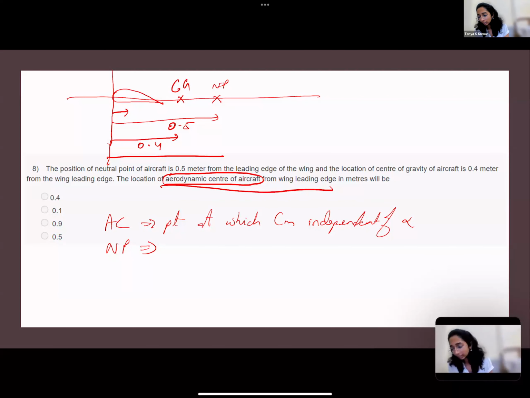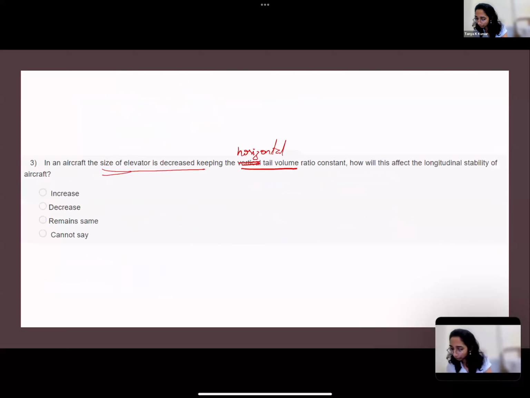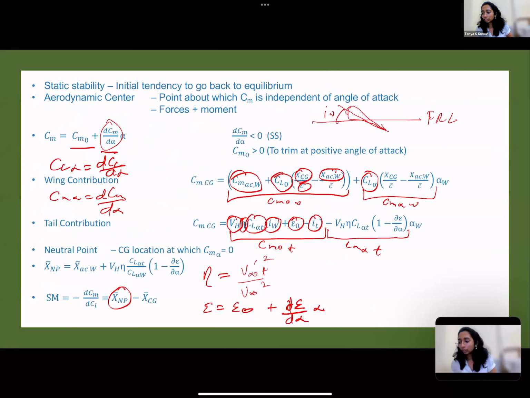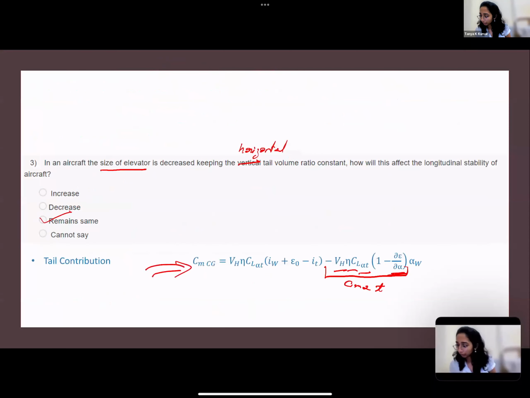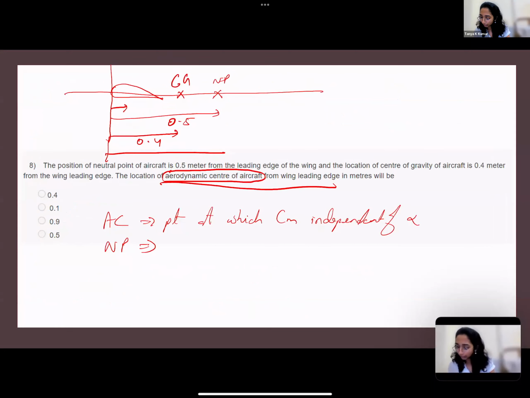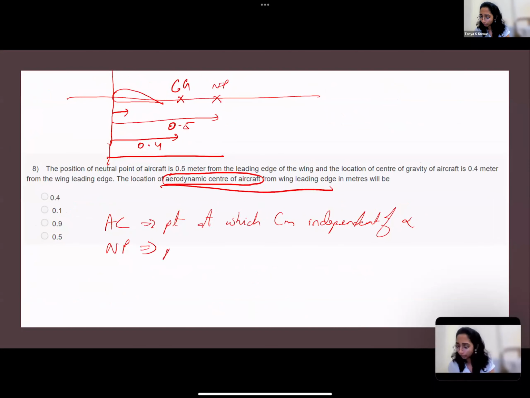Yes, it's right. By definition, I think, where was this? In the revision slides, it should have been there. Yeah. CG location at which CM alpha is 0. What does that mean? CM is independent of alpha. Yes, Sanath, you're right. Absolutely. So Sanath says CG, or the point at which CM is independent